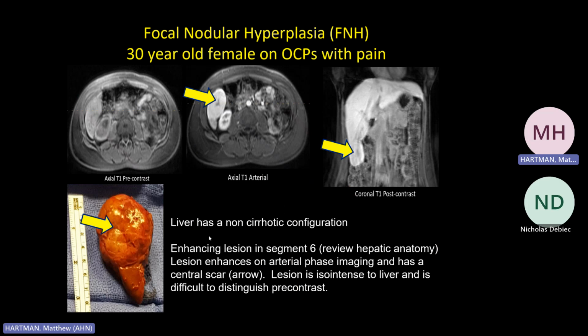Our next hypervascular lesion is an FNH, often seen with females on OCPs. Again, we're going to do some MRI here. I call this the stealth lesion. On non-con, it can be very hard to see, give the contrast, and it lights up. And has a central scar, oftentimes.